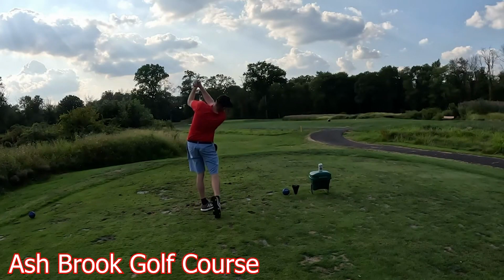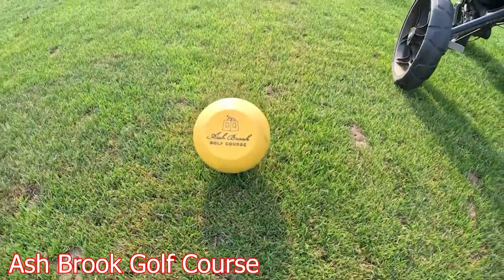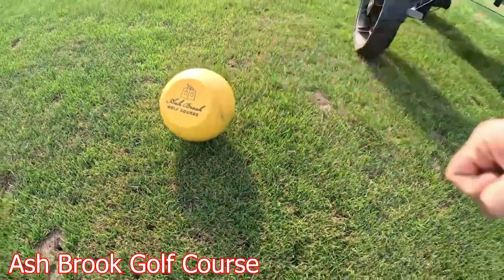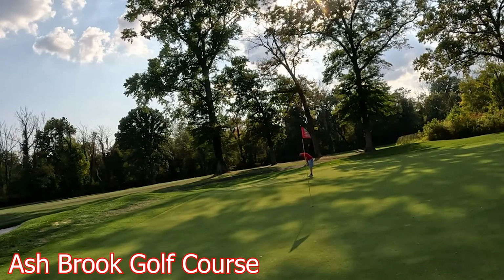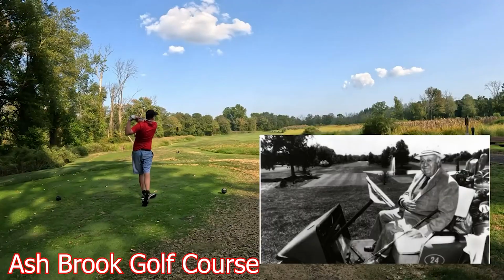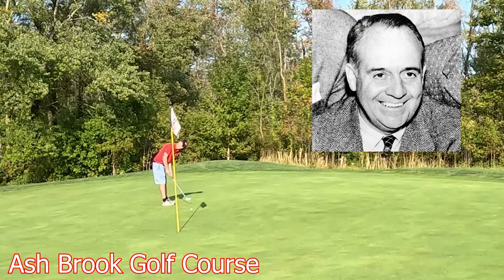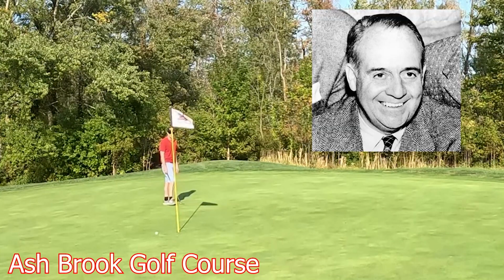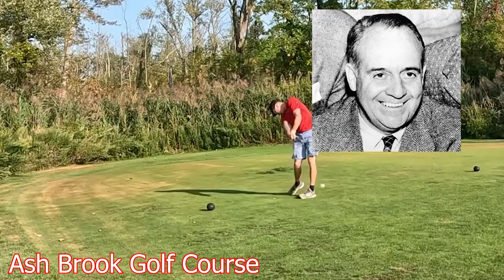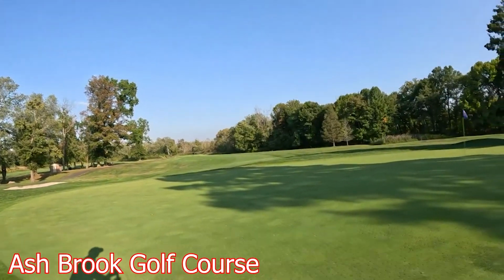Now the course itself stretches over 7,000 yards, at 7,040 yards from those back tees. So I recommend playing from the back tees. The course has a slope of 125 and a rating of 73.4. As mentioned, Robert Trent Jones came in the early 80s and made some changes to the course. It's hard to find history on that change, but it's at least highlighted on the website,